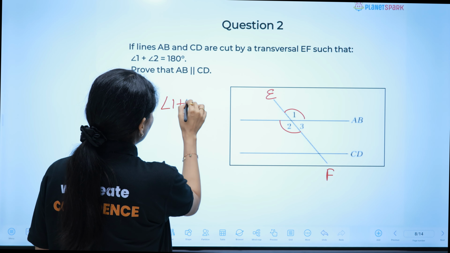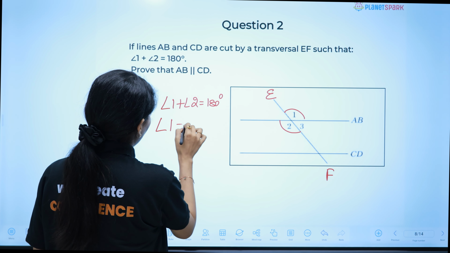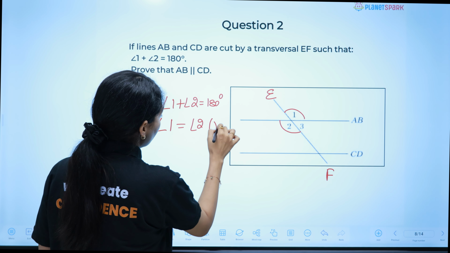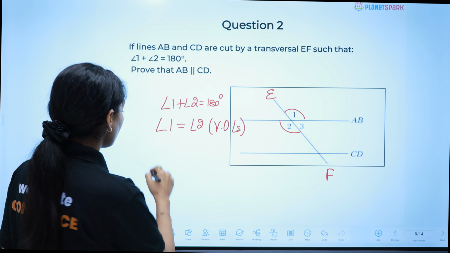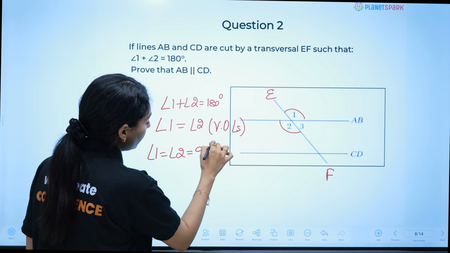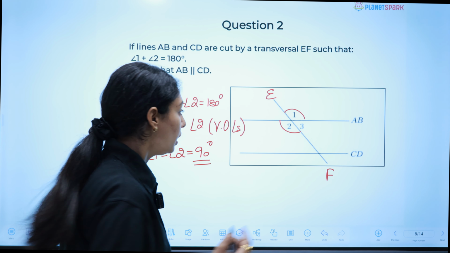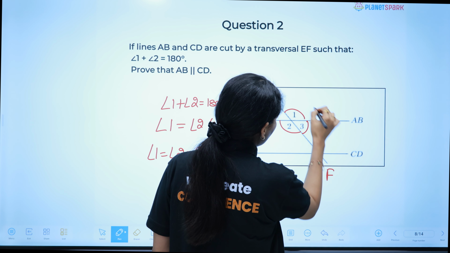So angle 1 plus angle 2 is equal to 180 degree. So I can say angle 1 is equal to angle 2. Why? Vertically opposite angles. यहाँ से दोनों का measure क्या आ गया? Angle 1 is equal to angle 2 is equal to 90 degree each, right? If they are 90 degree each, then I can have this angle also as 90 degree,